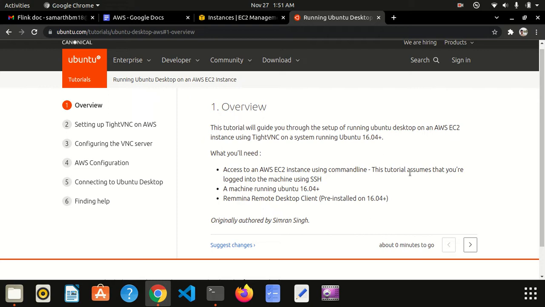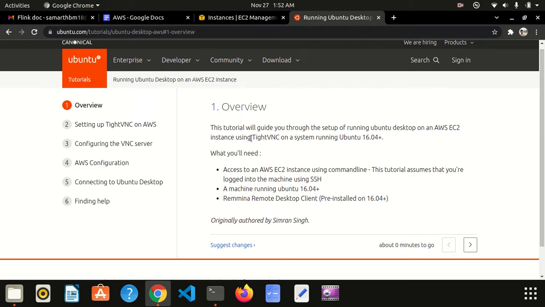In my previous video, I have shown how you can create an EC2 instance and how you can connect to that instance in different ways. One is by running a terminal command, and another is by using PuTTY and PuTTYgen on Windows. That would only create an instance in a shell, you can say in a terminal. But in this video, I'll be showing how you can create a GUI and run it on an instance.